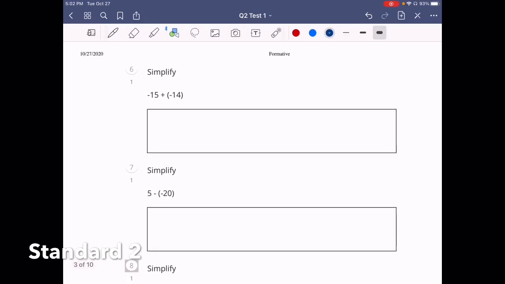Question 6, negative 15 plus negative 14. Again, I prefer to think of this with the tiles, and I'm not going to draw all the tiles out, but you would have 15 negative tiles, and then you would add 14 more negatives. You can also think of this like this. I have 15